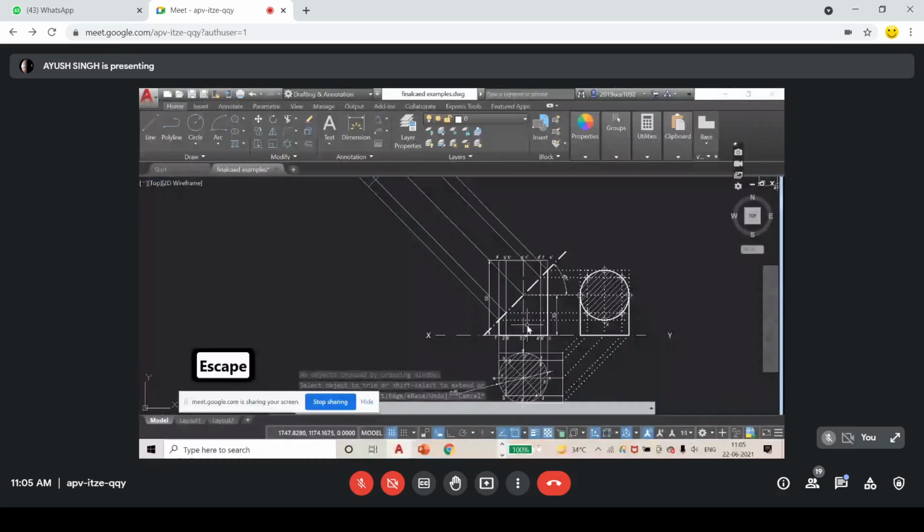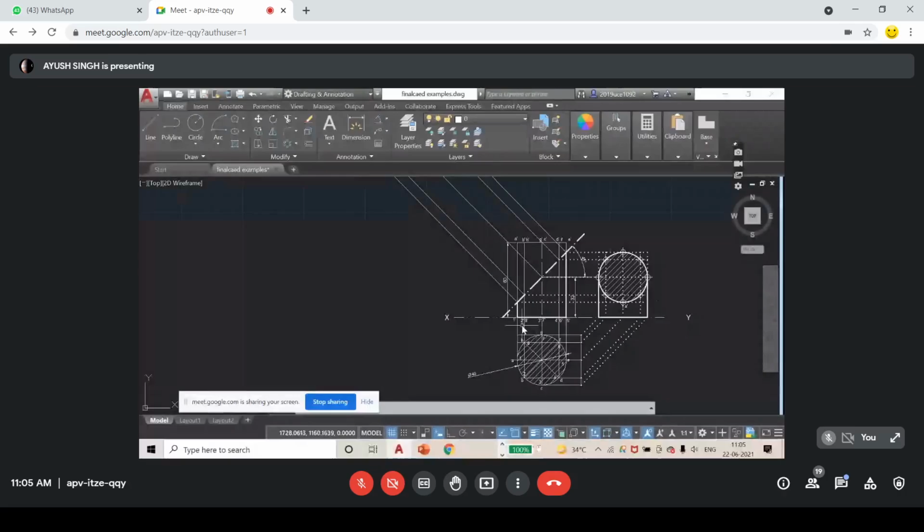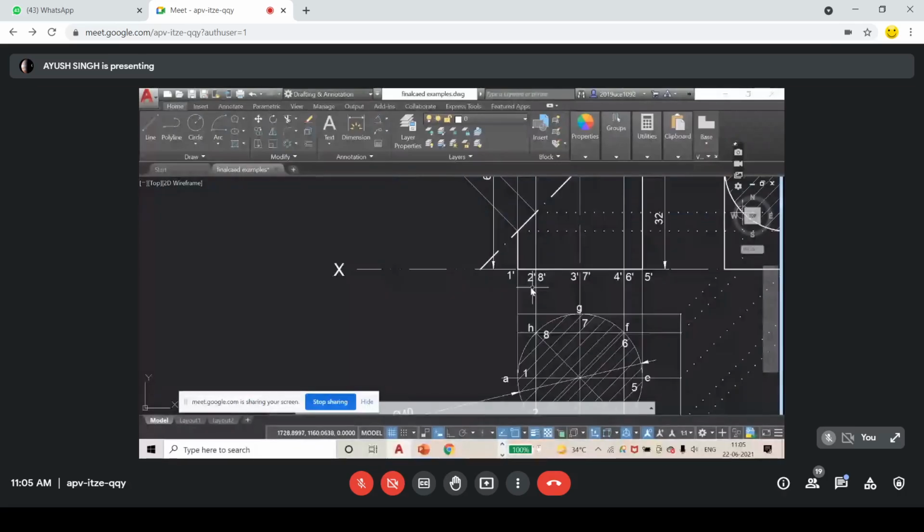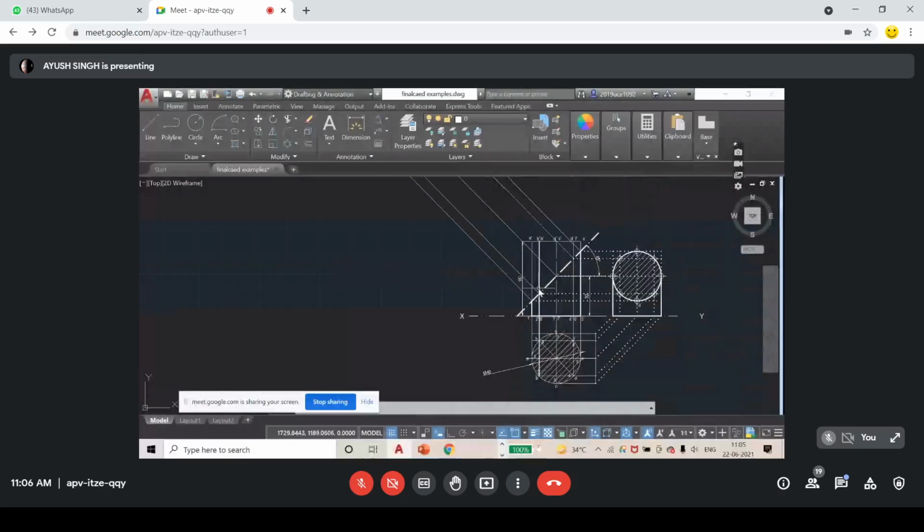What I need to do is take the length from 1 dash to A dash and mark an arc here from the A dash point, so I will be taking the 1 dash A dash length here and marking an arc. Similarly, here the 8 dash B distance on this line, and one distance will be here. Similarly, here also two distances will be there, and similarly here also two arcs will be there, and here we will have one arc.